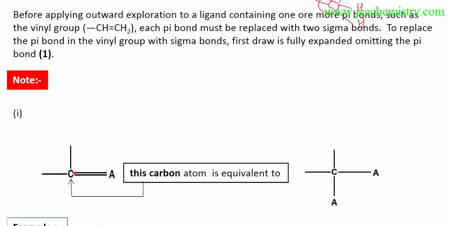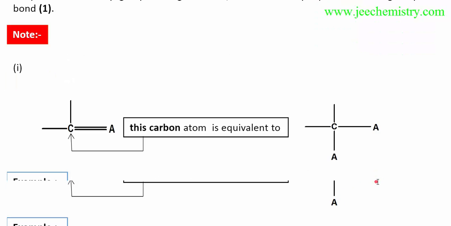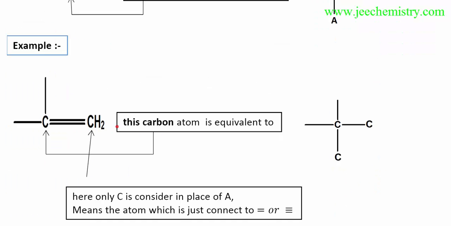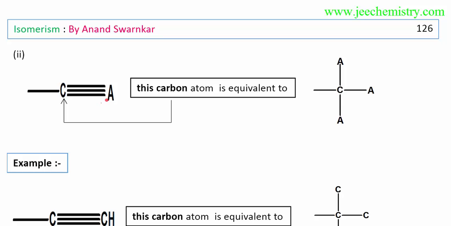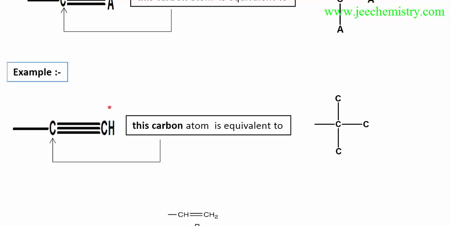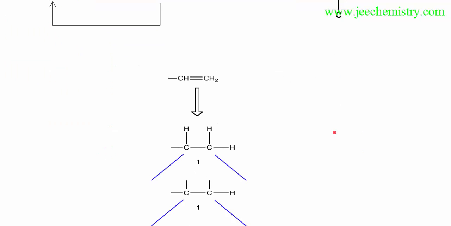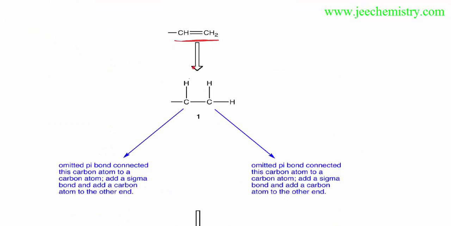Suppose this carbon is attached with A, this means this carbon is attached with 2A, 2 bonds with 2A, here 2A is shown. Now suppose this carbon is attached with CH2, meaning 2C, this carbon attached with the double bond with CH2 means this carbon is attached with 2 carbons, as shown here. Now similarly this C is attached with 3A, so C is attached with 1, 2, 3A. Here C attached with CH means C attached with 3, 1, 2, 3 is shown. Similarly this means this C is attached with C.